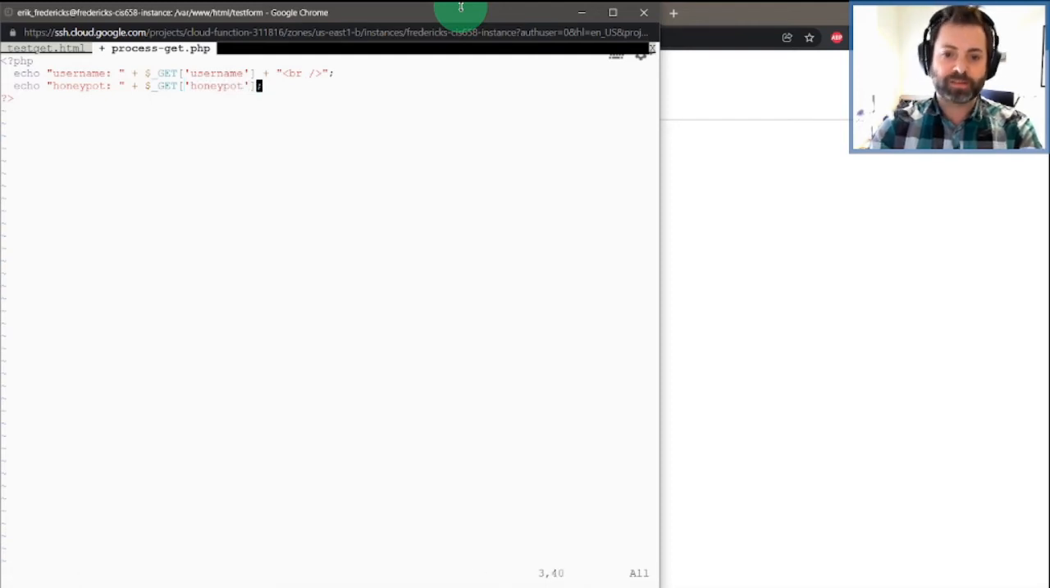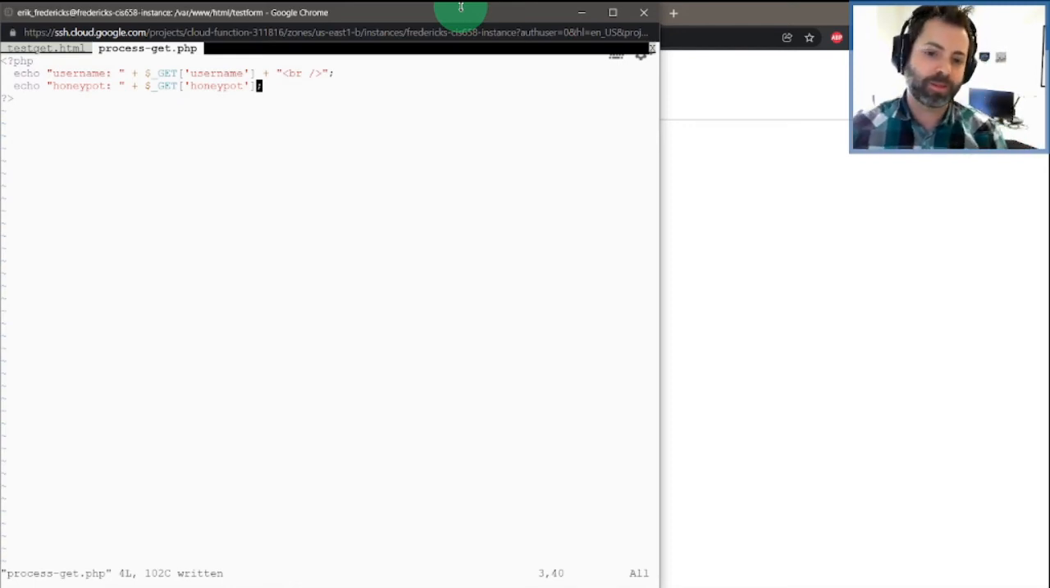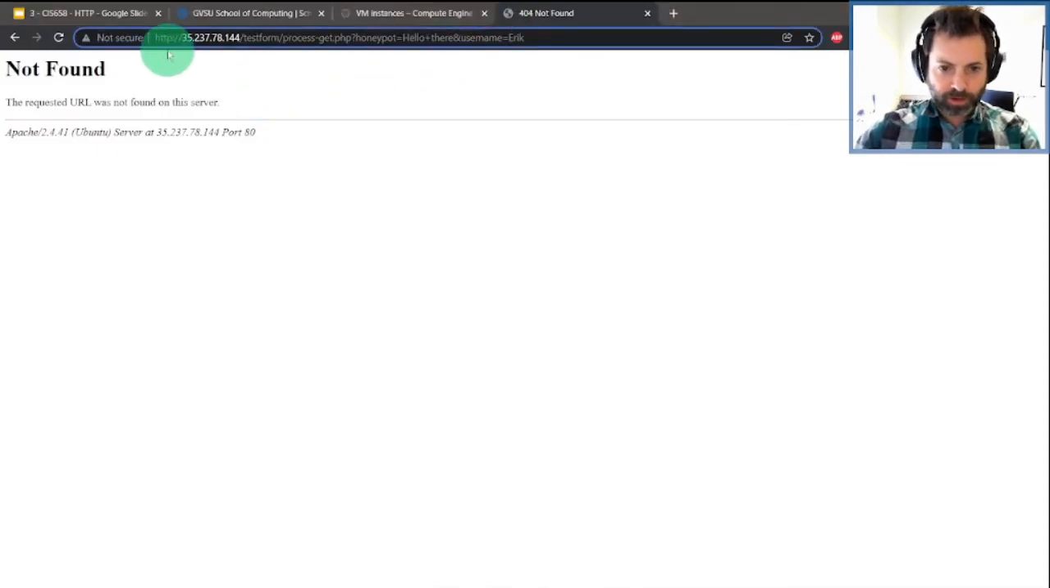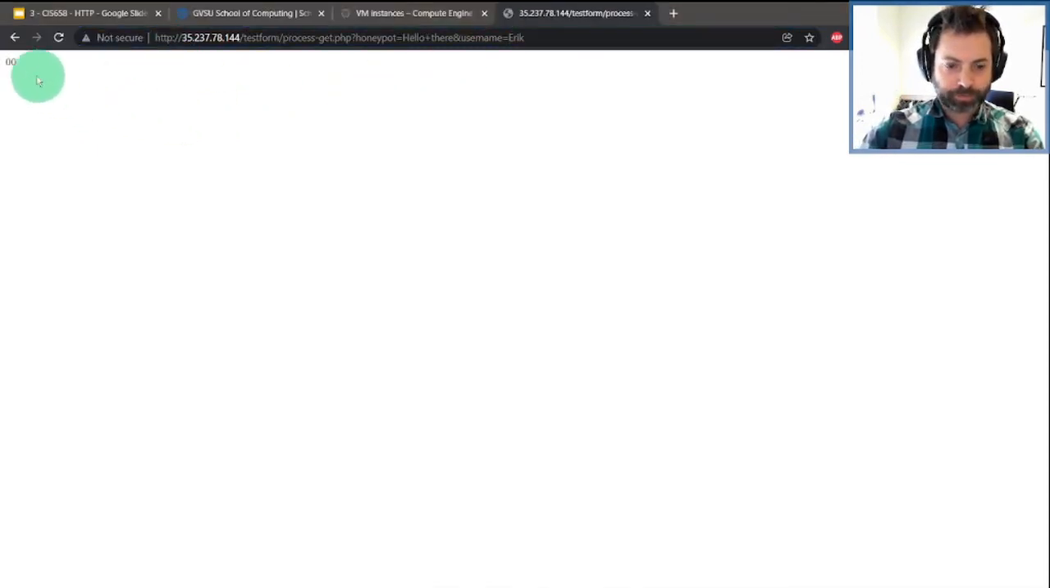And the reason why I'm calling this honeypot is sometimes with forms you will pre-populate hidden fields to try and trip up bots. It's not super effective these days, but it's one way that you can kind of keep track of variables off the screen that you don't want the users to see. So I can refresh this page now, and I see